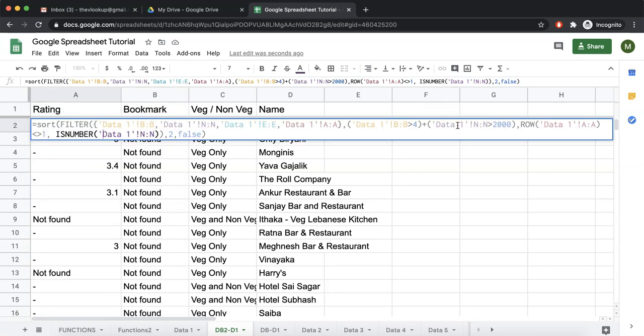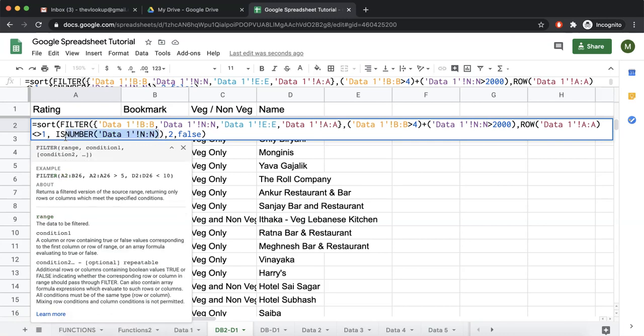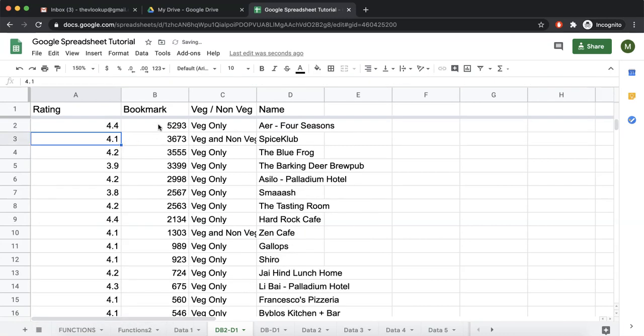If you look closely in the functions, if we put our cursor on this bracket, see this is highlighted, it means this bracket is closing this sort. If we put our cursor on this bracket, you see this is highlighting, this means this is the closing bracket of the filter. So we need to put the is number inside the closing bracket. Now all the bookmarks which were not numbers are gone.